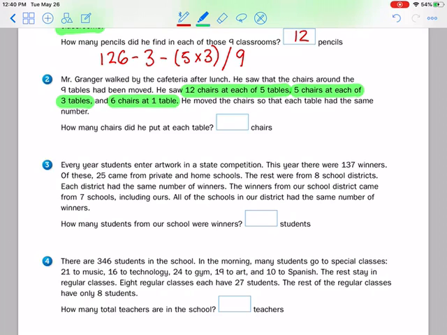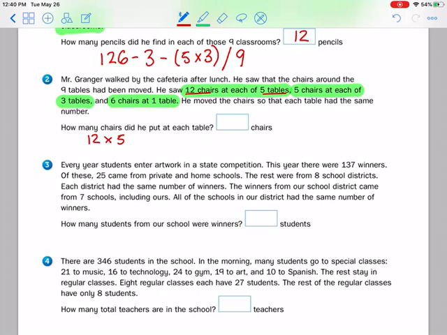Well, the first thing we need to do is figure out how many chairs in total are in the cafeteria for the 9 tables, so then we can put them into the 9 tables evenly. So to do that, we're going to have to do some addition and multiplying. The first thing that we're going to do is figure out how many chairs were at 5 tables, because it says 12 chairs at each of the 5 tables. So that means we would do